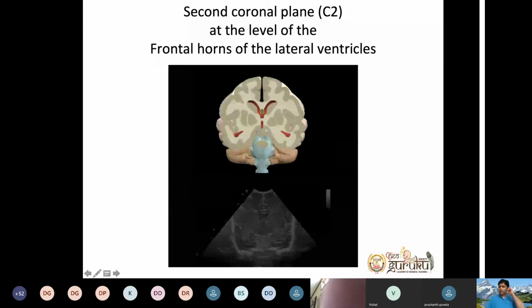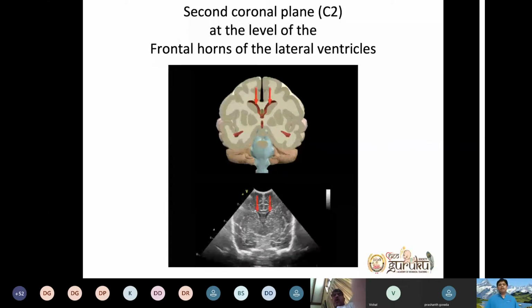This is the second section where we are cutting across. That is your lateral ventricle, which I'm showing with the arrow. That is your third ventricle. Then you have your fornix as well, caudate nucleus, corpus callosum, internal capsule. This is your caudate nucleus. Below that, this is your globus pallidus, interna, externa, putamen, internal capsule. Which I've already told you. I'm sure most of you are very, very clear about the structures.